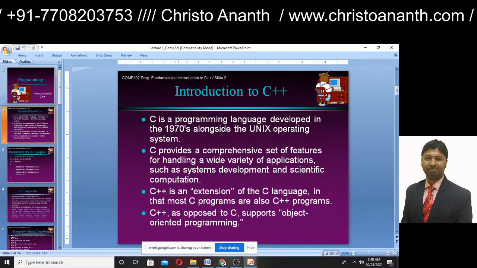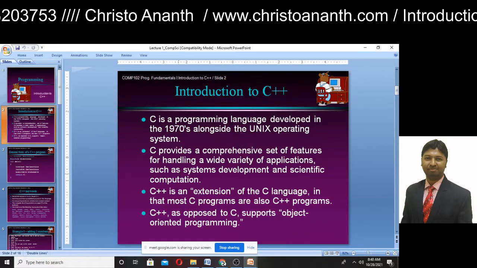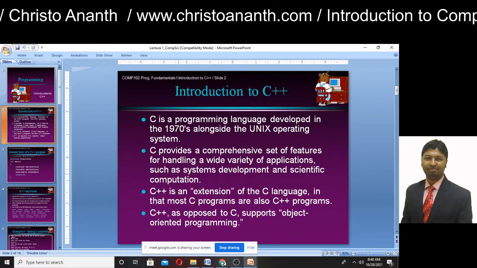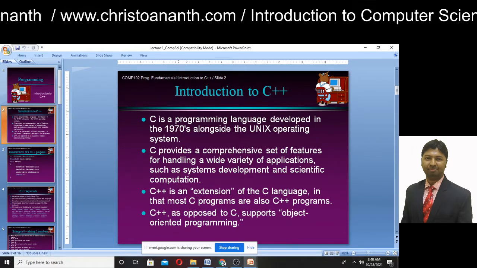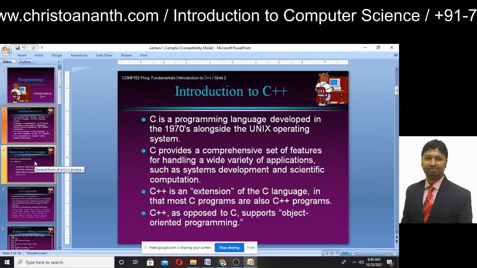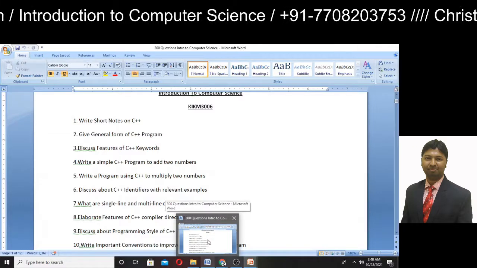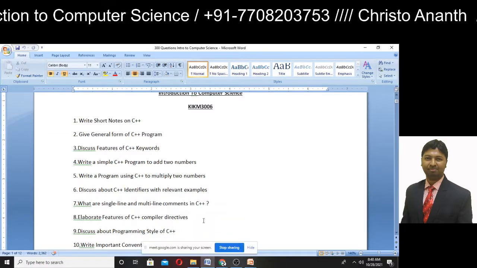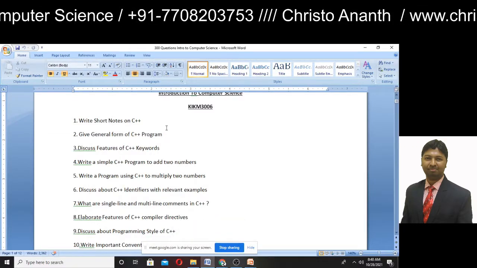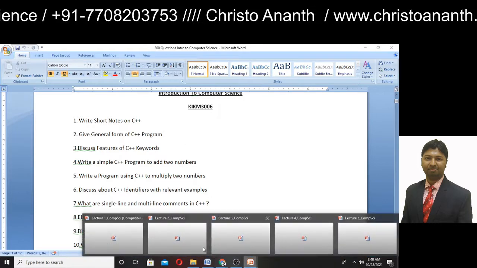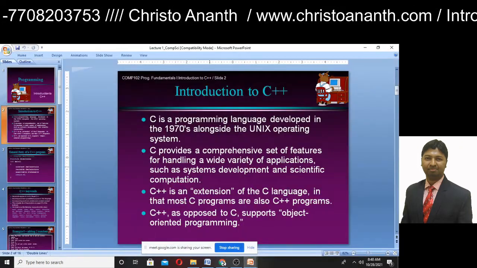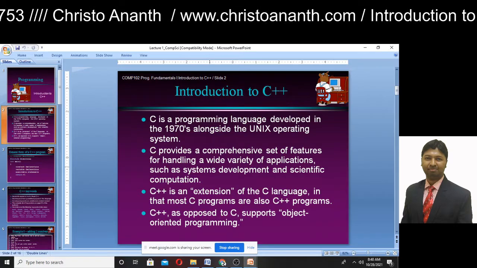Okay, because most C programs are also C++ programs, and C++ supports object-oriented programming. Okay. So, short notes you can give with the case of C++. So this is a short note, or maybe introduction, to C++.